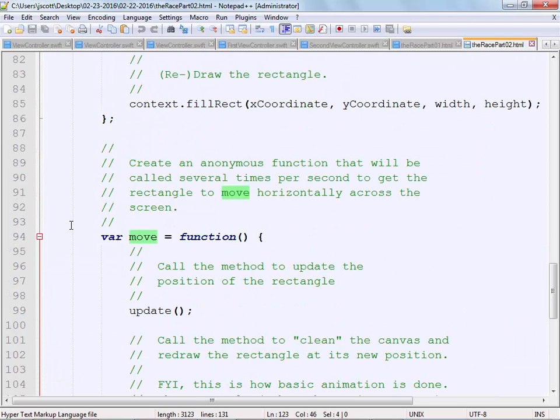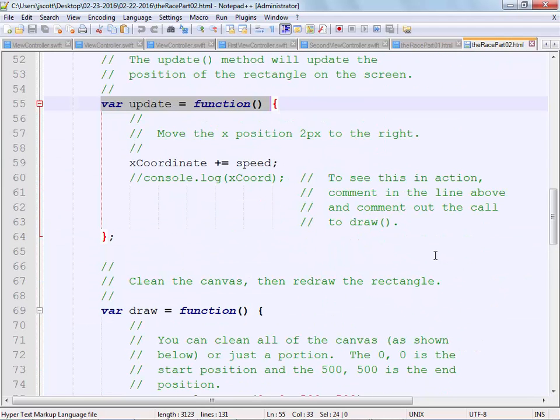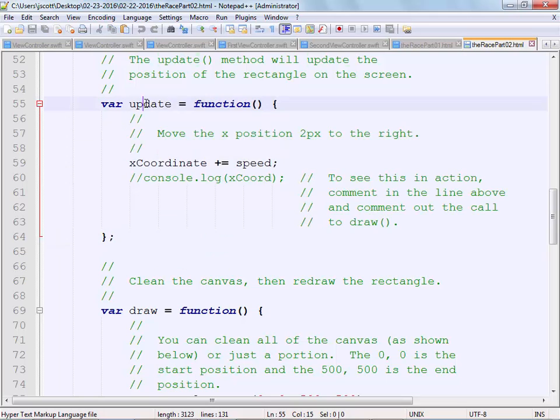And also notice in here, this line right here, var move equal function, var draw equal function, var update equal function. Every one of those is an anonymous function. They all have function paren paren. So they're all unnamed functions. What we're doing is we're saying, okay, here's a function. Take that function and assign it to that variable. That's exactly what we're doing, because remember, in this language, you are allowed to do that, to basically have anonymous functions and be able to use those like you can assign them to variables.